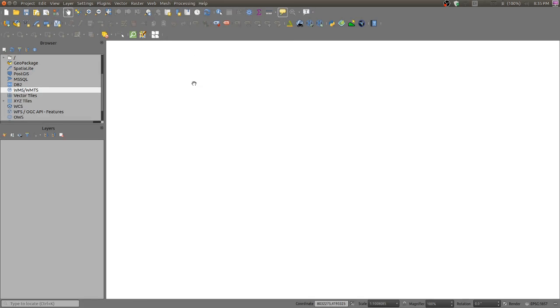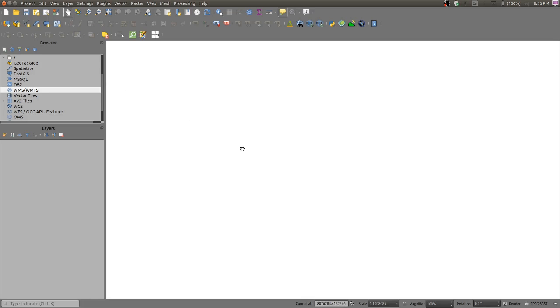And these are all the toolbars, some of which we will be using in the due course of this training. Now, for this training purpose, we will be needing some digital elevation model files which I'll be telling you how to download from different sources.